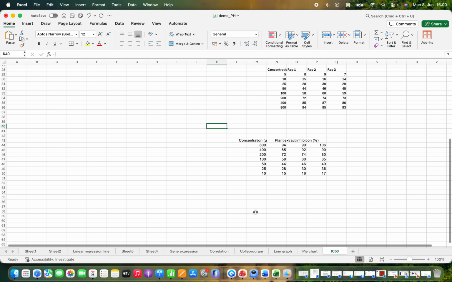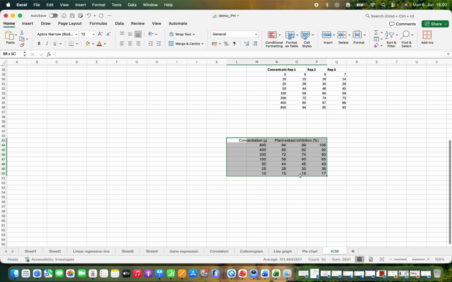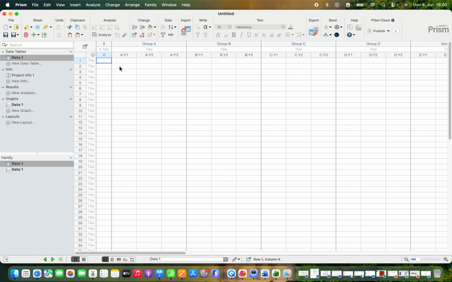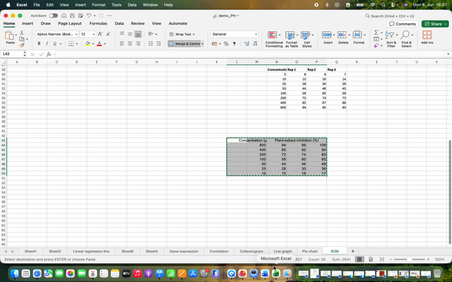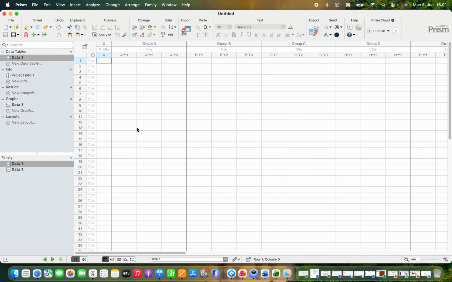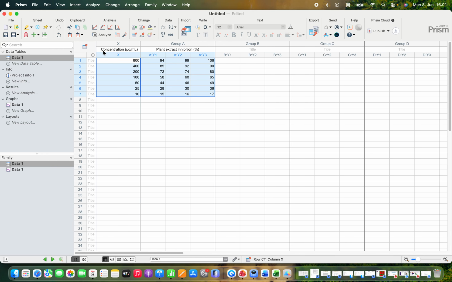Here are my data, so I can copy this and then paste here. It should take automatically. Oh no, it didn't take automatically. Let's check again. Okay, right. I have 3 replicates and the x-axis should be occupied with concentration. Right, in x-axis concentration in microgram per ml, and plant extract inhibition 3 replicates should be in y, A, B and